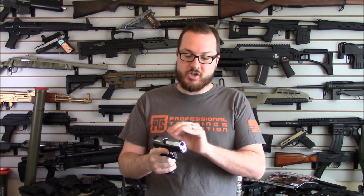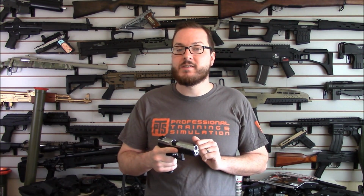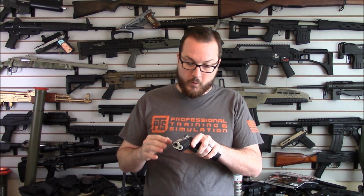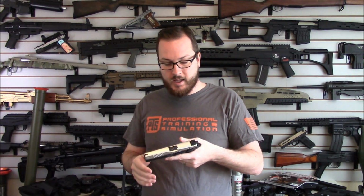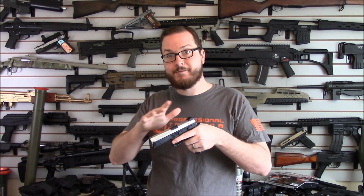I removed everything so I had just a bare slide, cleaned it with a little bit of degreaser, and then gave it a very rough sanding with some 400 grit sandpaper, not to totally remove the finish. Mainly I was just looking to rough up the factory finish in order to give it some better adhesion properties with paint. Now, for this gun with this finish, I was going for kind of that brushed nickel look. Not really too metallic, a little bit of metallic flake in it, if you will,